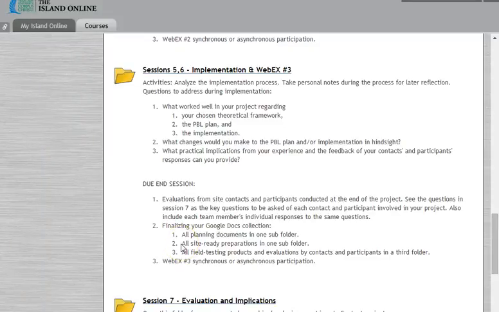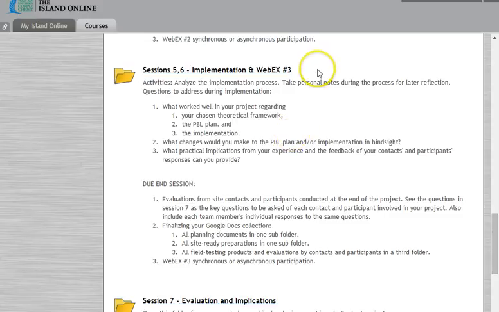Welcome to Collaborative Lives in Context, or CLIC, Blackboard Shell for Session 5. Again, just like in Sessions 3 and 4, Session 5 is combined with Session 6 in the CLIC. We will discuss the activities and deliverables for Session 5 in this tutorial, and 6 will be in a separate